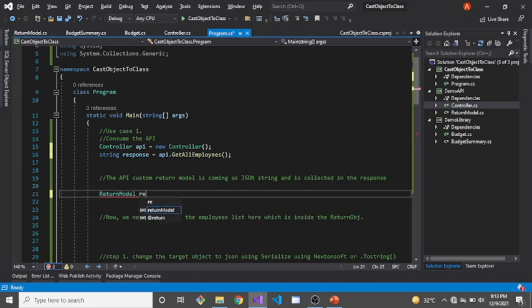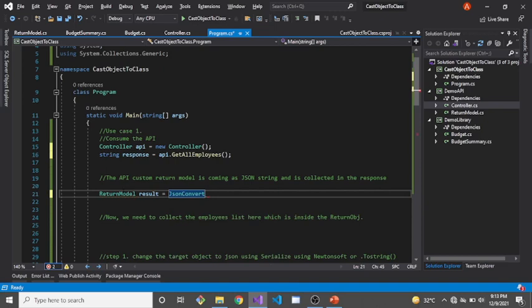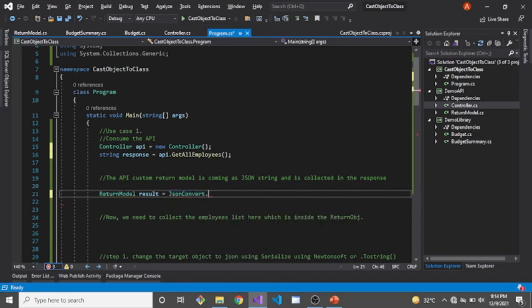I call that results, and we use JsonConvert. JsonConvert is a class in the Newtonsoft library, which I've included using NuGet Package Manager. You can say this Newtonsoft.Json, and there's a method there,